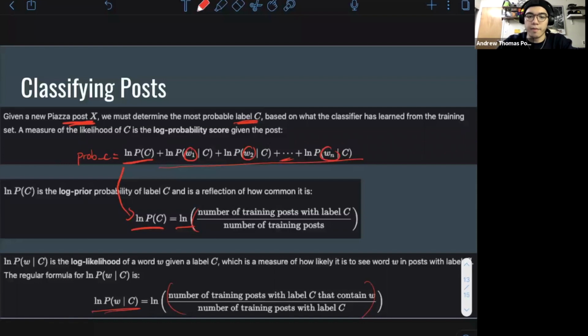This fraction is derived from information you learned in the training stage. But the log likelihood is not as simple to calculate as the log prior probability. This fraction can evaluate to negative infinity in some cases, specifically when a word W doesn't occur in a post with label C ever. And so this negative infinity really messes with our calculations. So we don't want to use this calculation for the log likelihood if that's the case, right? And that case is, again, when word W doesn't occur ever in a post with label C in the training